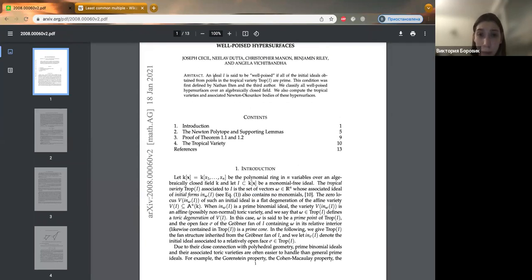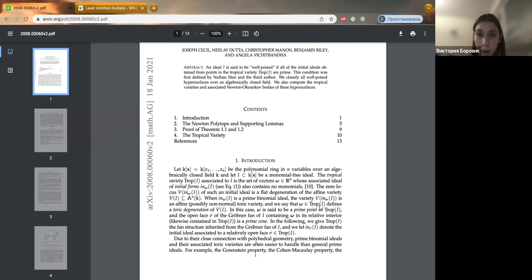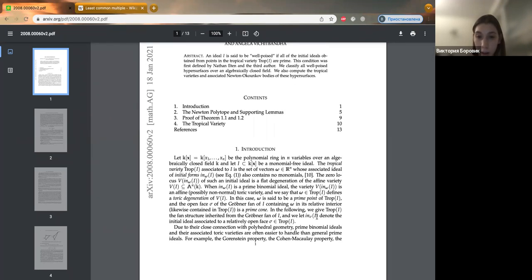They say that an ideal is said to be well-poised if all of the initial ideals obtained from points in the tropical variety are prime. So tropical variety, like Newton polytope, is just a construction which helps to describe our usual variety, as I understood. And people consider this well-poised initials not only principal, and there are some amount of articles in this topic as well. And what about this paper? They say something about tropical geometry in introduction. So, for example, they say that